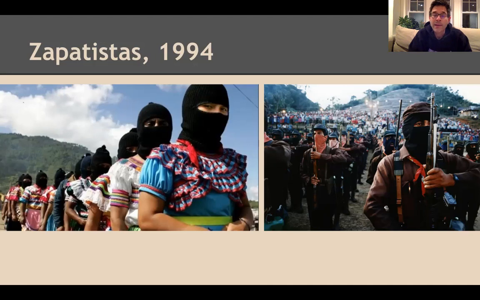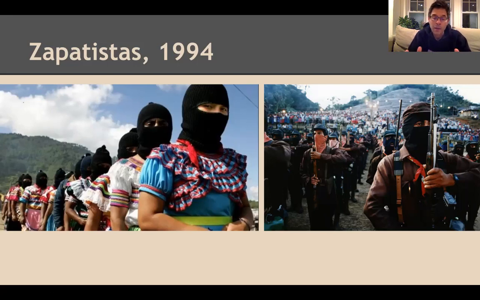Let's start with 1994. Just about 24 years ago, there was a group called the Zapatistas, or their army was referred to as the EZLN, the Ejército Zapatista Liberation Nacional. That's some mediocre pronunciation of Spanish. All that to say that an army of mostly peasants, campesinos, mostly Mayan people who lived in rural villages. They owned little to nothing. They were more or less dispossessed, as they had been for centuries.